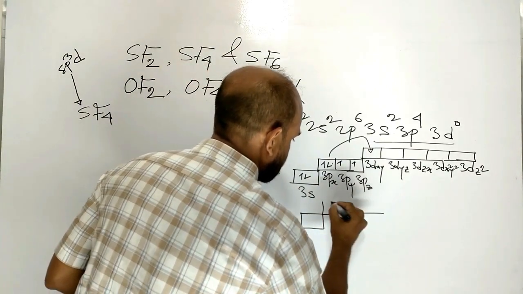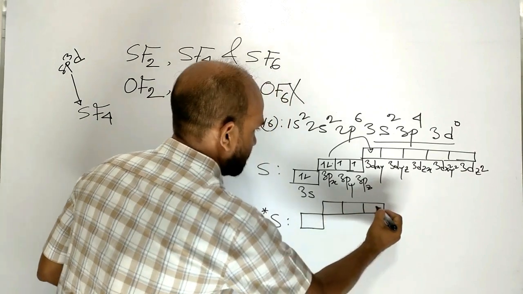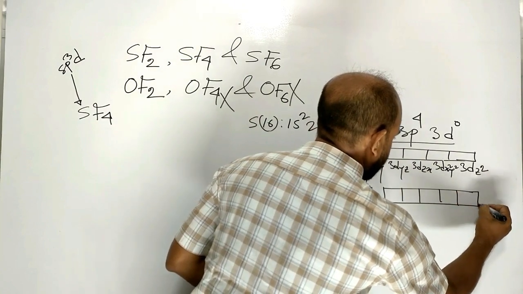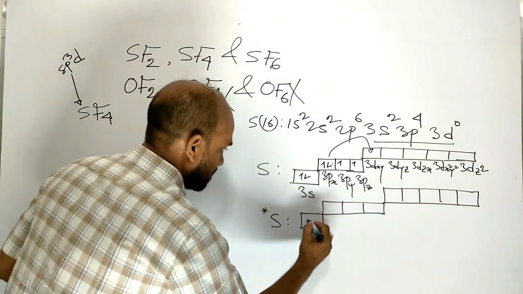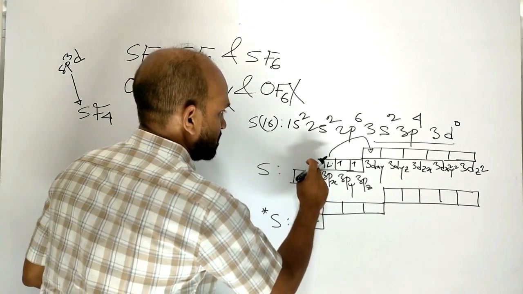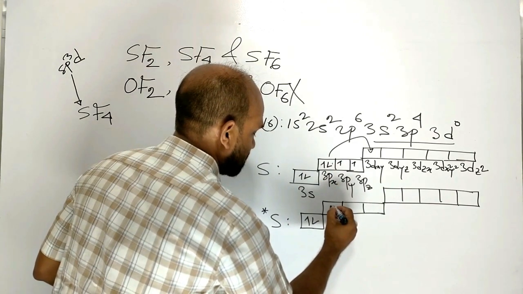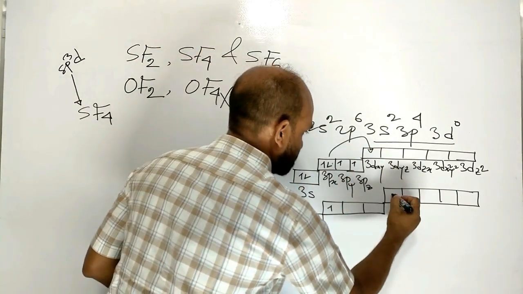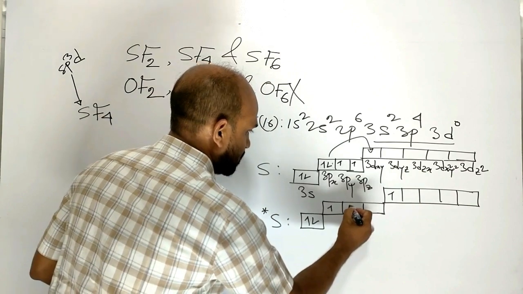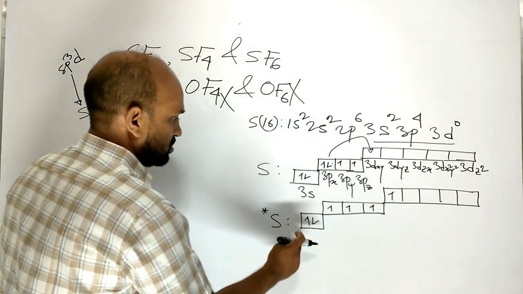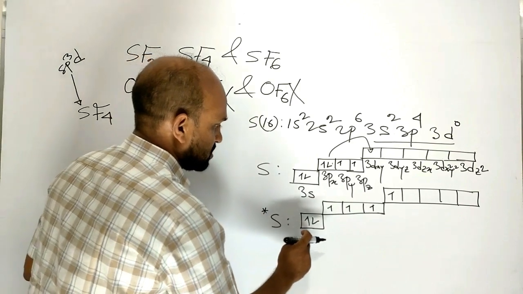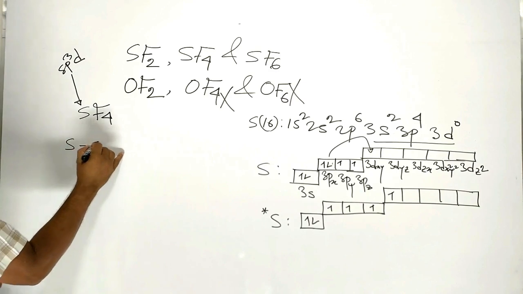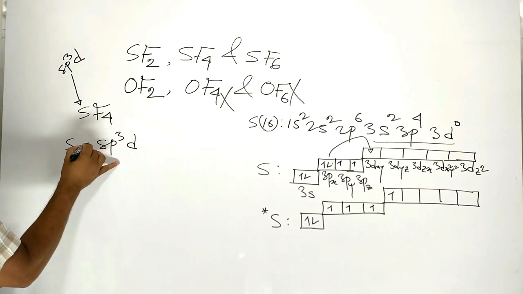3s, 3p and 3d orbitals, 1 2 3 4 5. The s orbital contains 2 electrons. The 3px orbital now contains 1 electron and 1 electron shifted to the d orbital. Now sulfur experiences sp3 and d, that is sp3d